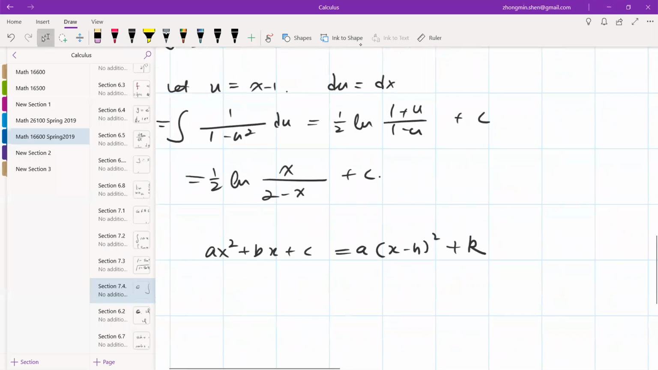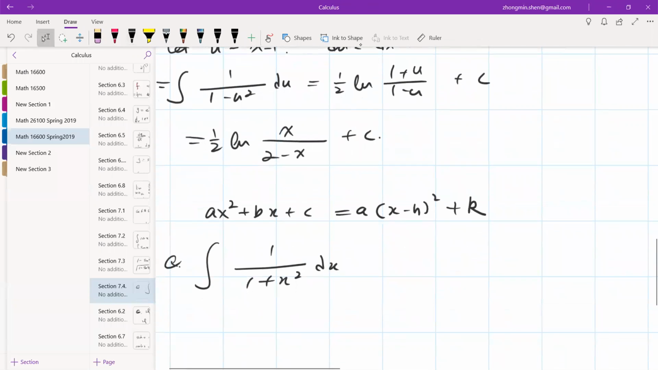It can always be written in this form. Because sometimes you have, let's do this problem. As long as you can do these two problems, you can do all the problems when there is a quadratic function in the denominator. So what is this? Do you remember that? The antiderivative of 1 over 1 plus x squared. What is the antiderivative? This is going to be